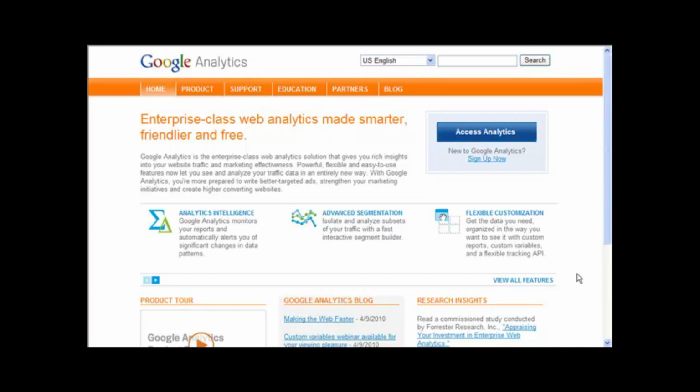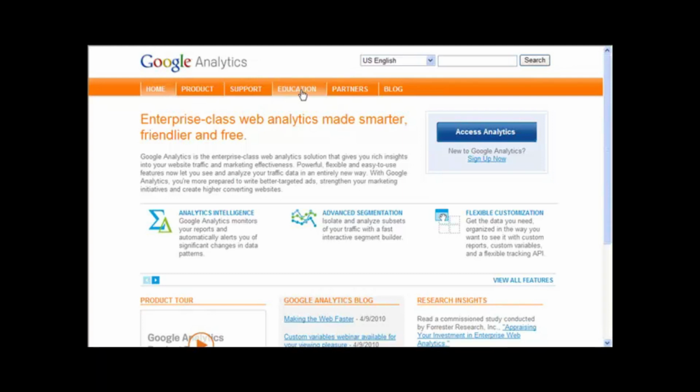Now Google Analytics is free for you to use and it's extremely powerful. I'm not going to show you the inside because to do so I'm going to have to show you all my websites, all my statistics and everything else, so I can't do that. But if you go through to the education, to the YouTube channel, you'll see exactly how to use this. But what I want you to realise is that Google Analytics will show you everything you need to know about your website. It will show you incoming visitors, it will show you what keywords people found your website through.